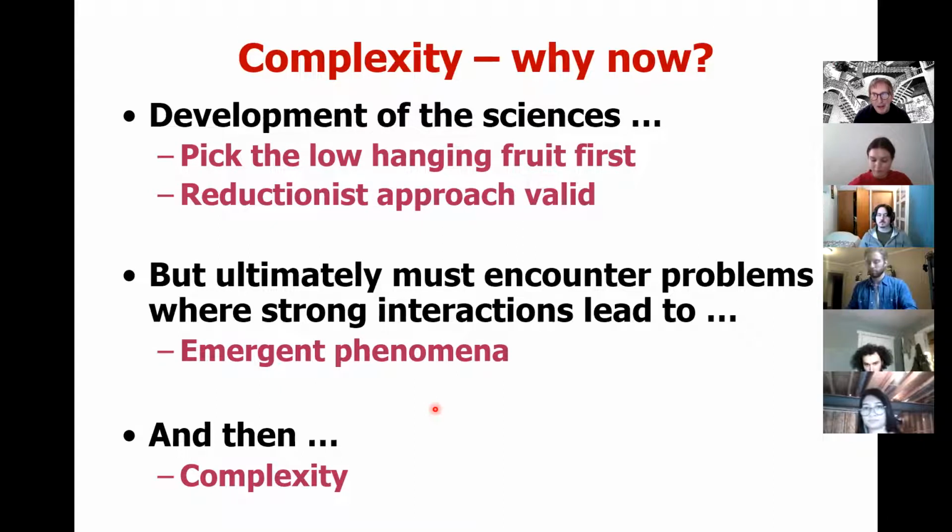So why am I interested in complex systems? Well, if you think about it... Okay, so another thing I should do: silence my phone. Okay, so the idea is this: if you're looking at complex phenomena, they're usually the hardest ones to deal with